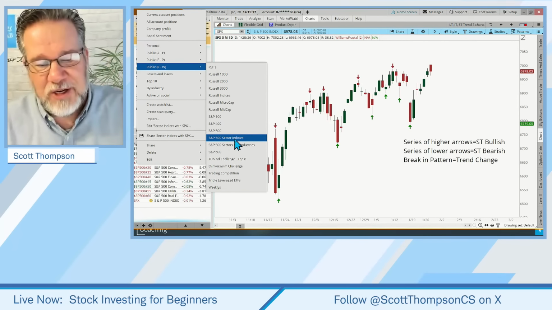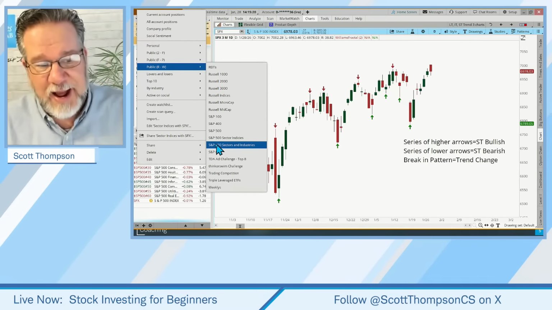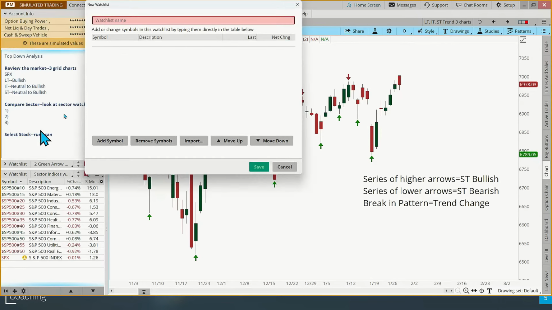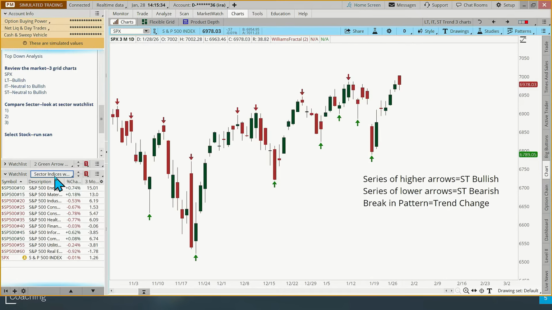So in order to create the watch list that I have, I basically copied all of those symbols, then did create watch list, put those symbols in, and then added the SPX to it so I could have my own personal list that has all the sector indices with the SPX, because I want to compare those sectors to that. So we created this personal watch list. You'll have to do the same. They don't want us to share the watch list itself with you, but you can go create that, and I just showed you how to do that.